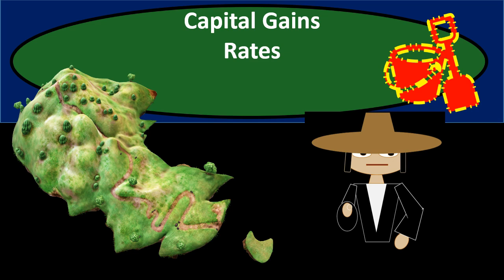Another argument is just to have the stimulation of the economy by having lower capital gains rates, which will encourage people to invest more in that type of area, and that could stimulate the economy. But for whatever reason, it's a little bit more confusing in the tax code, in that now we not only have to calculate the gain for the capital gains, we have to determine what type of property it is, in essence, so that we can then determine how we are going to tax that gain or loss in accordance with the rules of that property, and it may be tax rates outside of the normal ordinary income progressive tax rates.